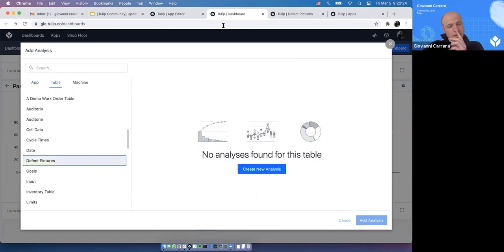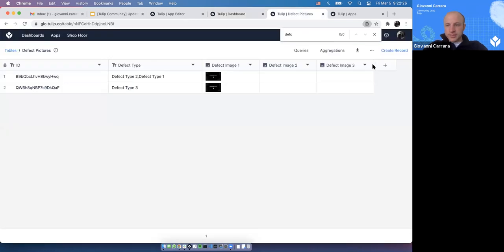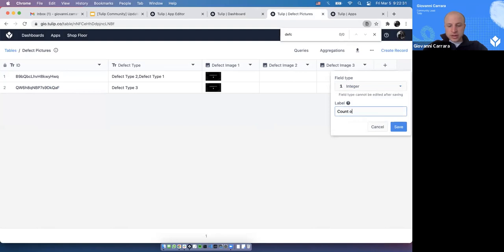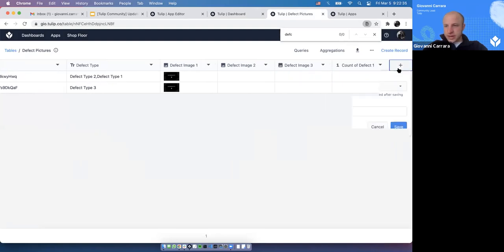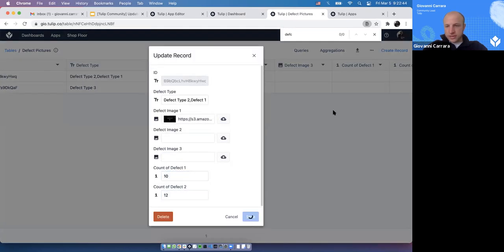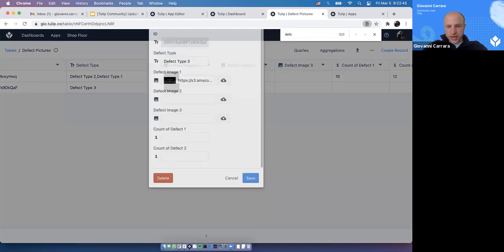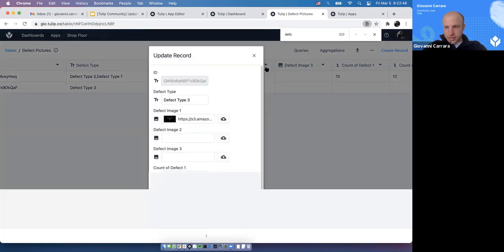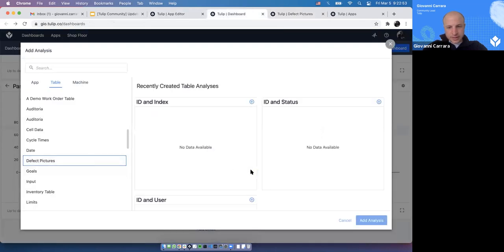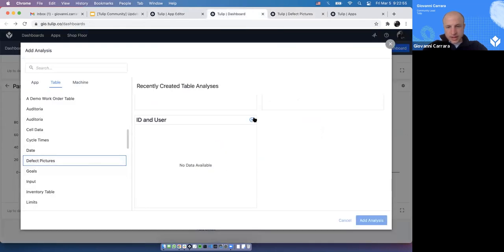Yeah, no. So if you wanted to do what you're describing, what I would recommend is come in here, say, okay, count of defect 1, integer count of defect 2, and then just increment these. So say you have 10, 12, and then in here you have 20 and 12. Okay, maybe these are very high numbers, but yeah, if we come in here,